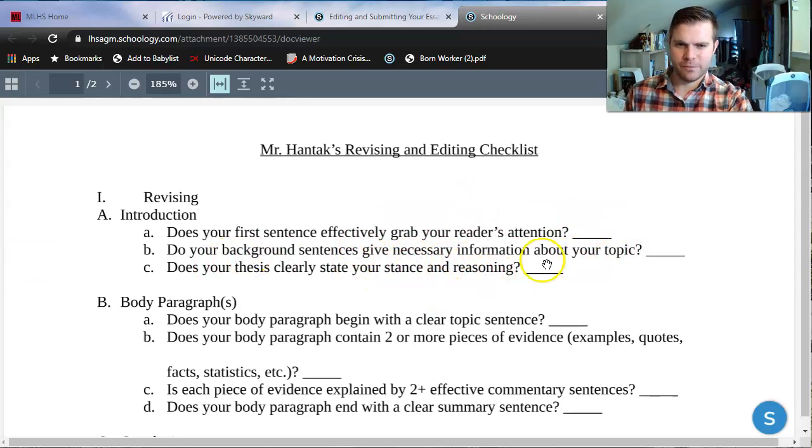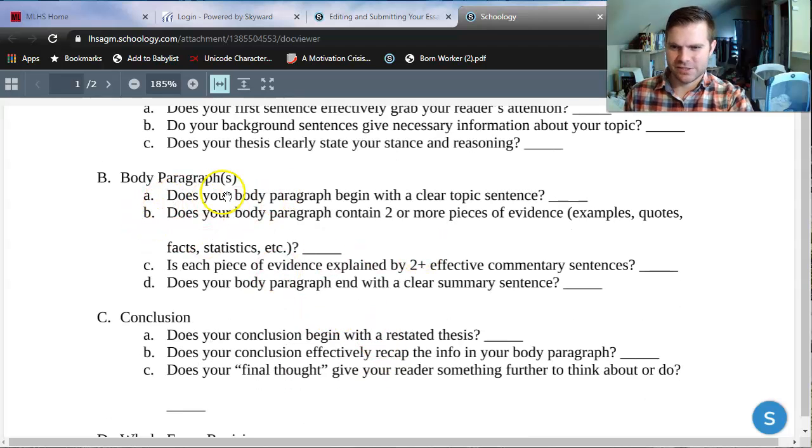Background sentences are next. Do they give necessary information about your topic, more likely about yourself for this particular essay? And then does your thesis clearly state your stance and reasoning? In this case, stance and reasoning would be what that element of your identity is and how that's impacted your life. Body paragraphs. So this one says, does your body paragraph, there's only one for this paper, does it begin